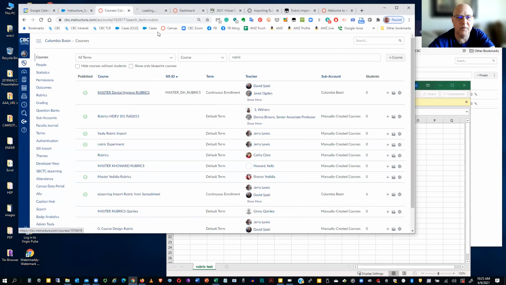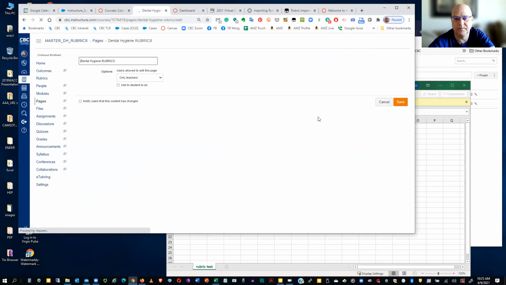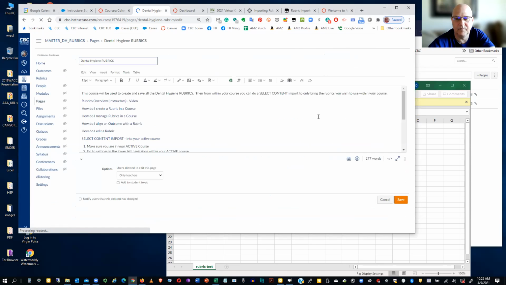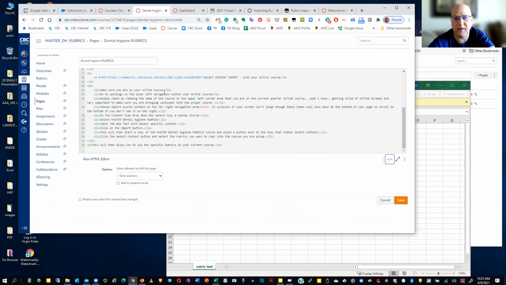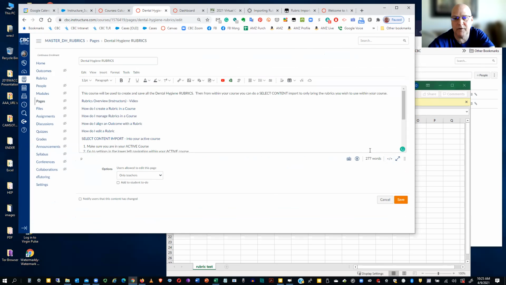So just to show you, because quite often I have teachers who ask, what the heck is the HTML coding and what is it? To get to it, I have to click on edit. And right down here, it's this little bracket with the back thing. When I click here, this is the way I get to the back coding now. It used to be a button up in the navigation bar, but they moved it and changed it. So just in case anybody was wondering how to get to the code now, it's right there.